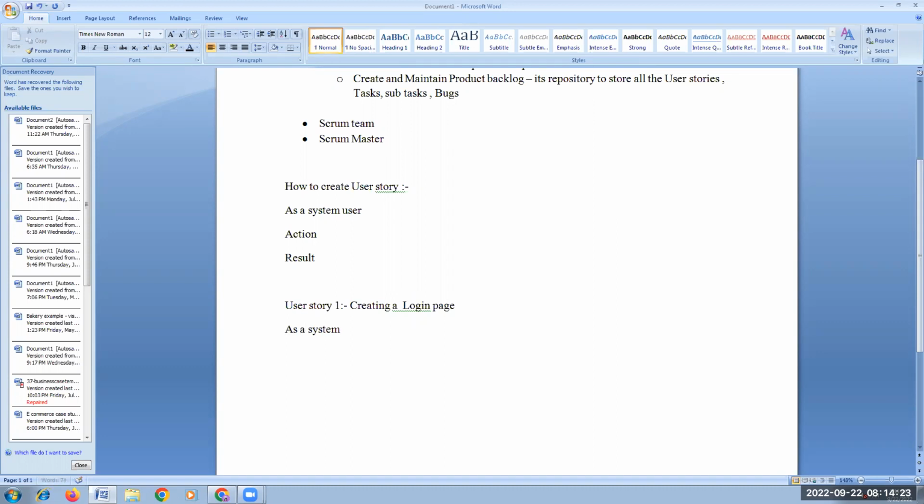As a system user, I want you to create login credentials so that I can use the system, right? So here, creating login credentials is the action that needs to be